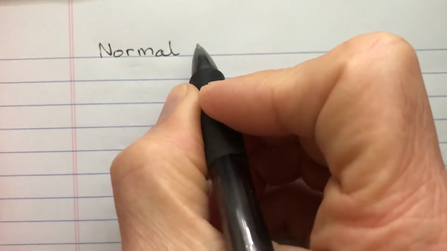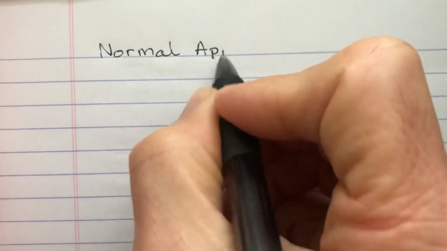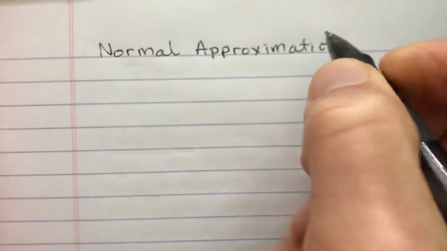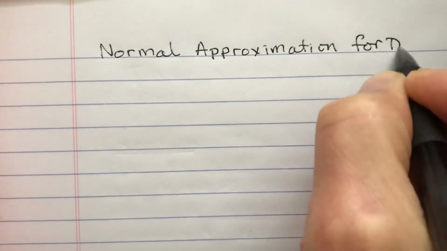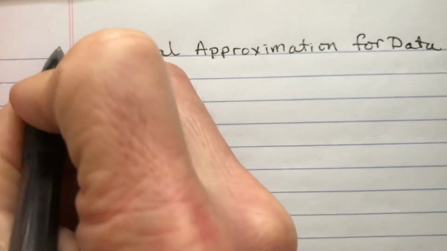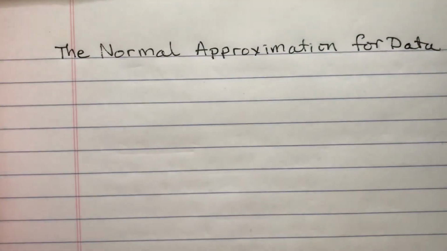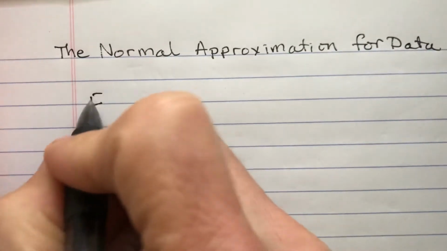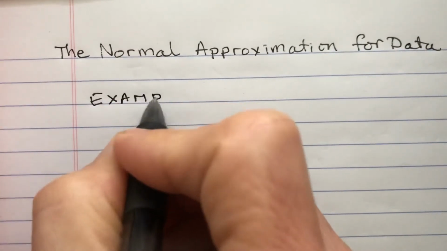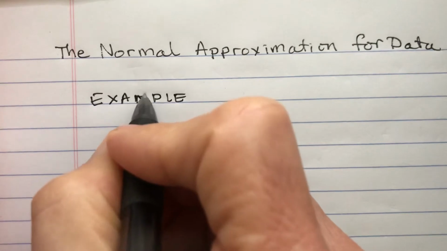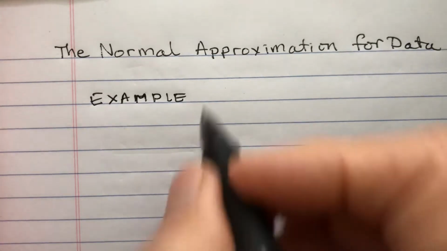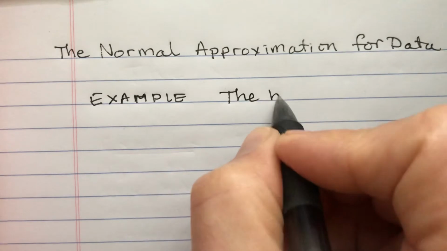Okay, we're going to do another example, which is under the heading the normal approximation of data. Or maybe for data. All right, so let's see. Here we have that the heights